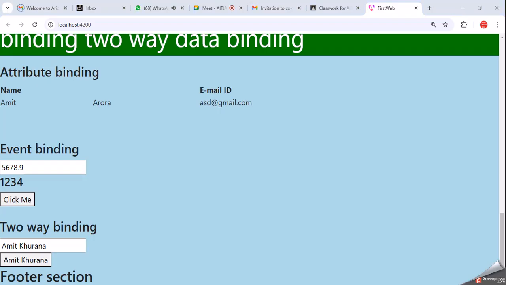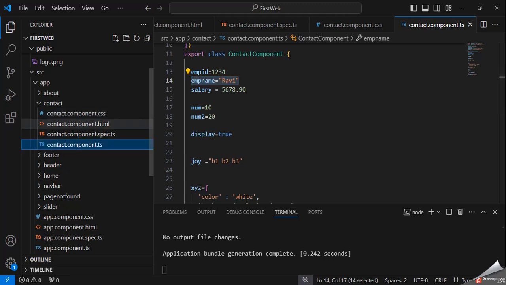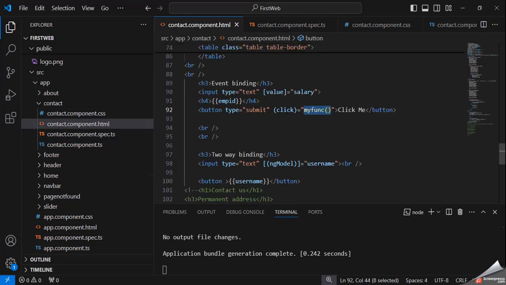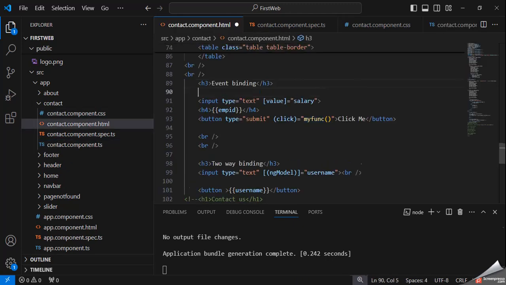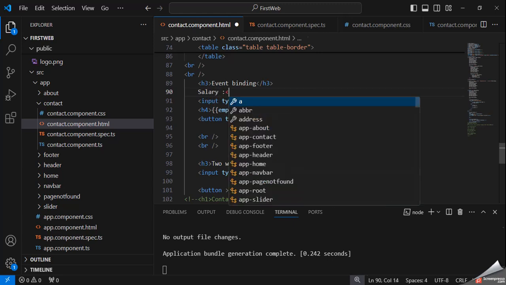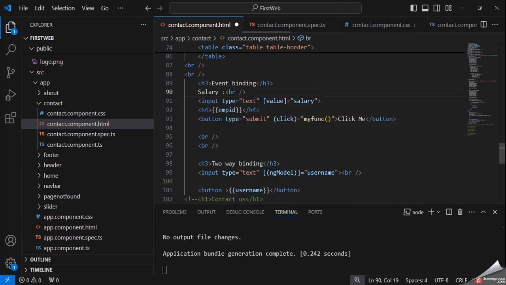So here I am going to print salary. Type is equal to text, value is equal to salary. And this is a way of interpolation.